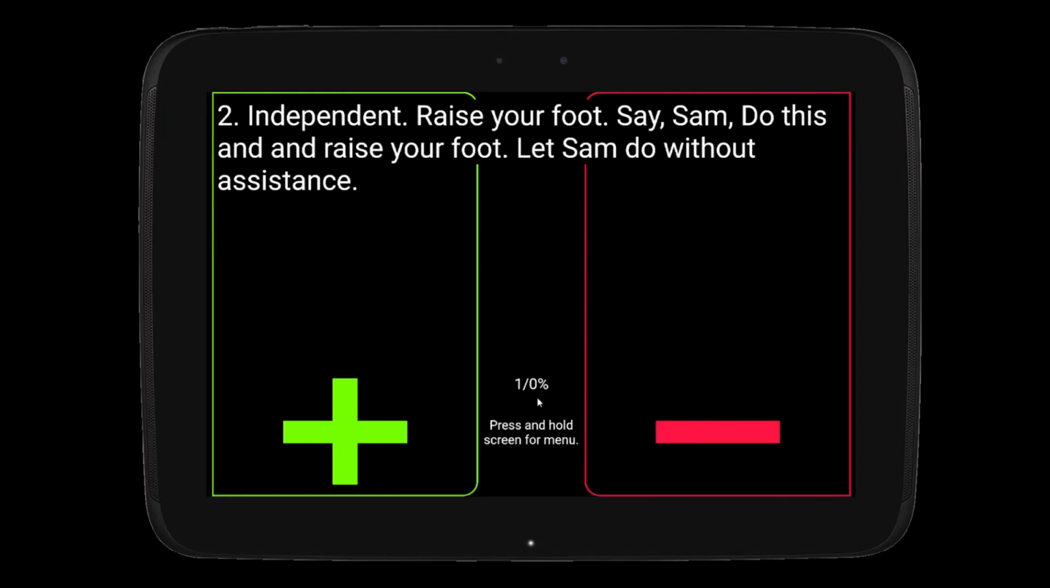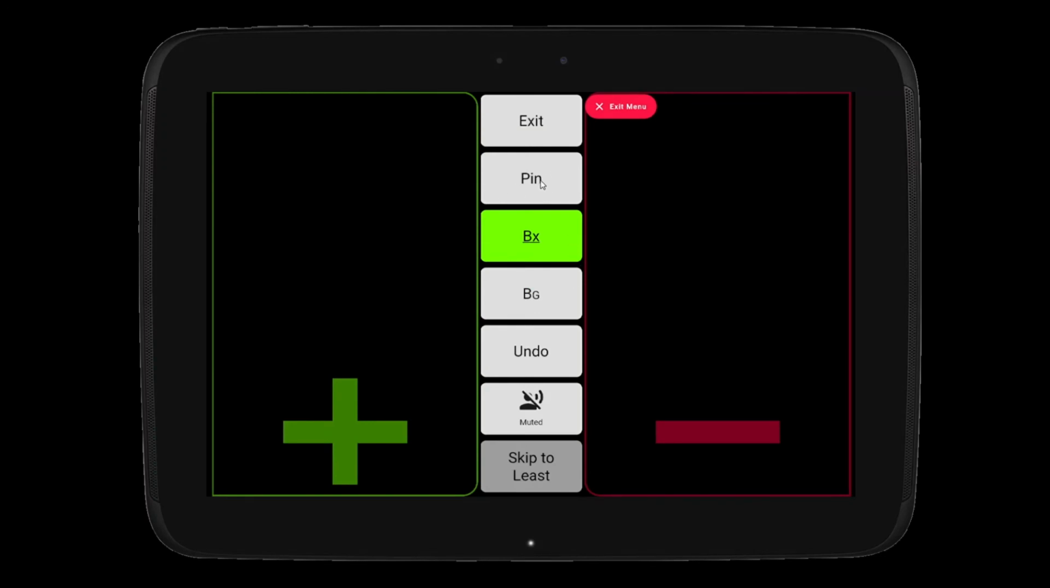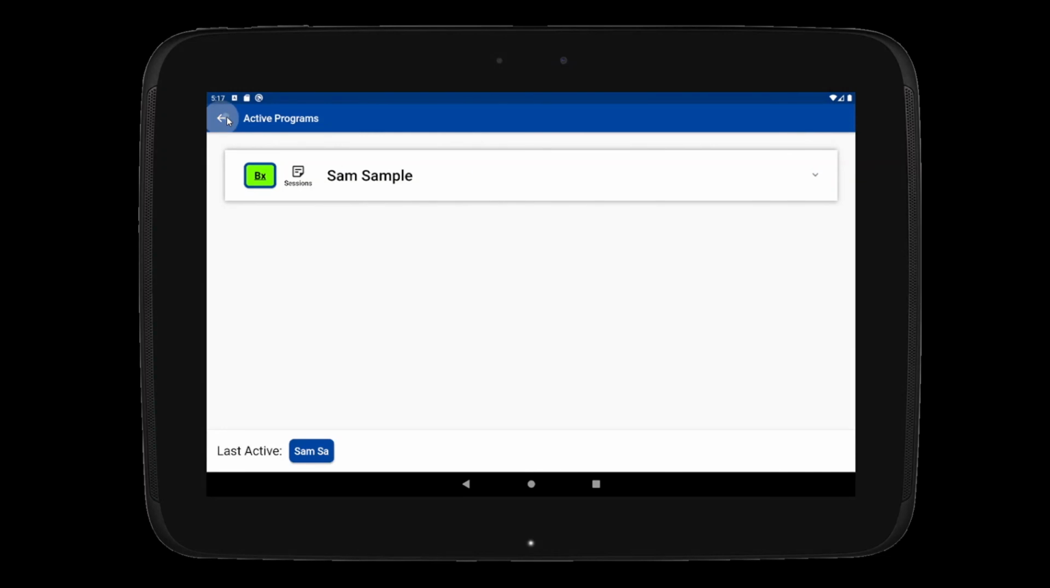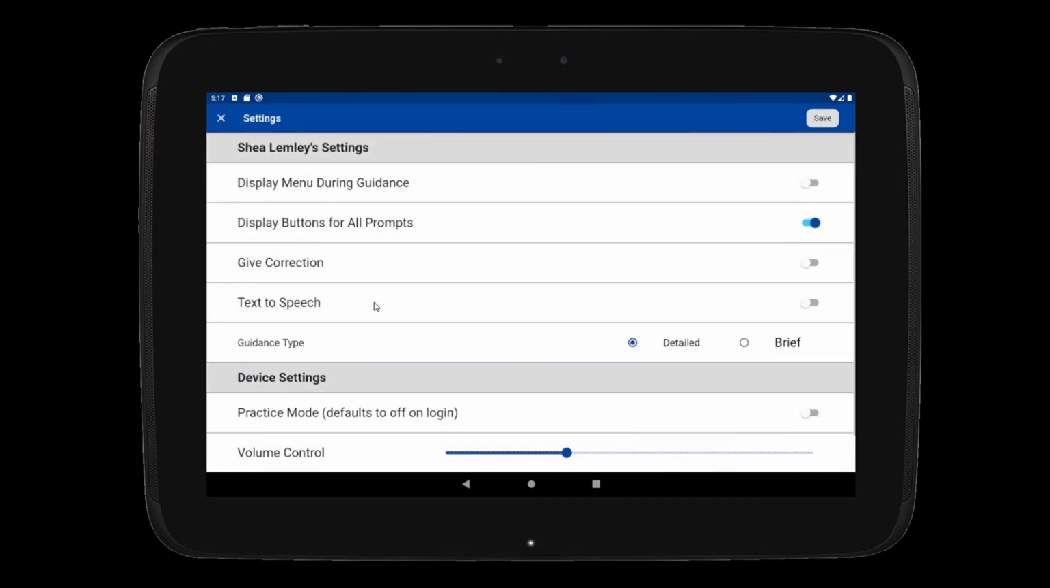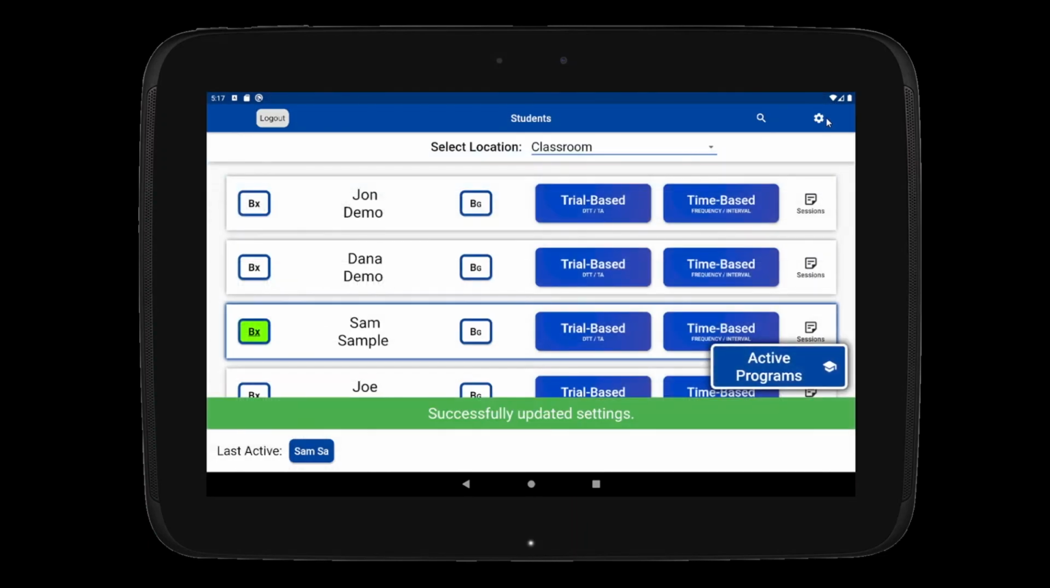I can also turn text-to-speech on or off for all programs from the settings menu. I'll pin this program, press back, and then press the gear to access the settings. Here I see the text-to-speech setting. I can flip this to the blue on position, turning text-to-speech to on. Then I click Save and return to the Students page, where I can open the last active program, which was